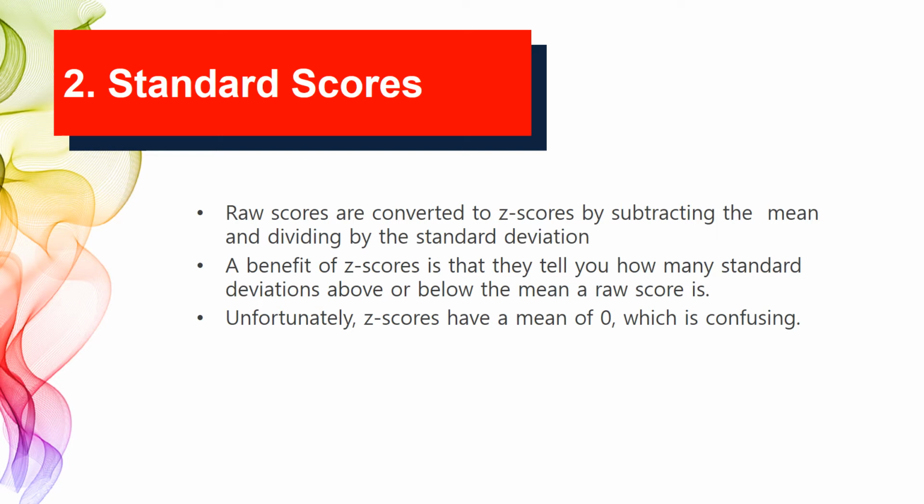It is standard scores. The term standard score refers to any kind of z-score transformation, when raw scores are converted to z-scores by subtracting the mean and dividing by the standard deviation. Confusingly, this term is often used to refer specifically either to z-scores or to the index score metric with a mean of 100 and standard deviation of 15.